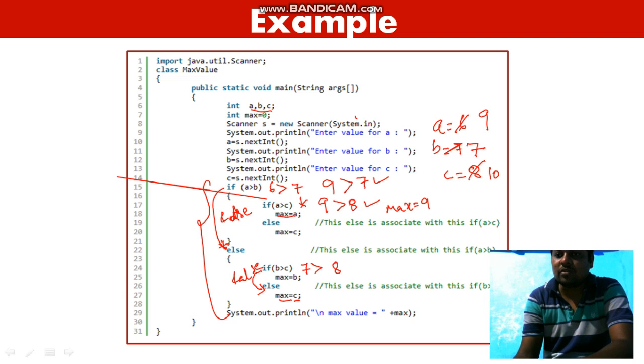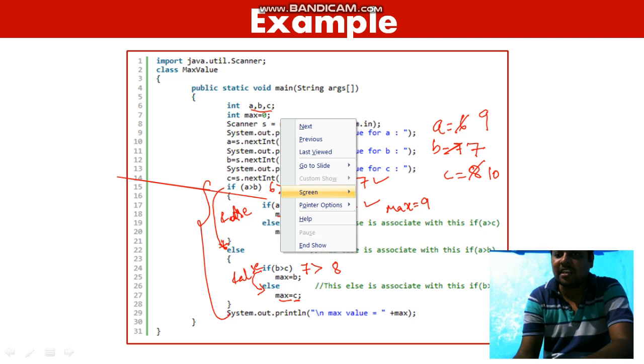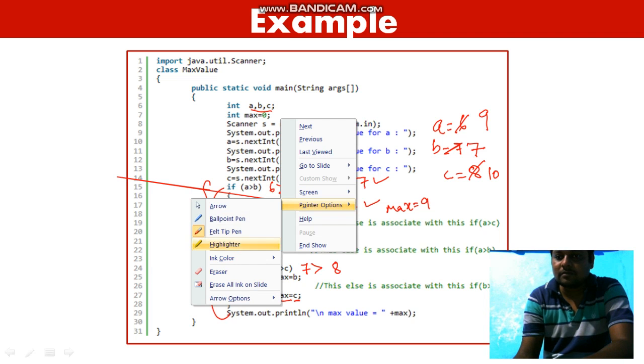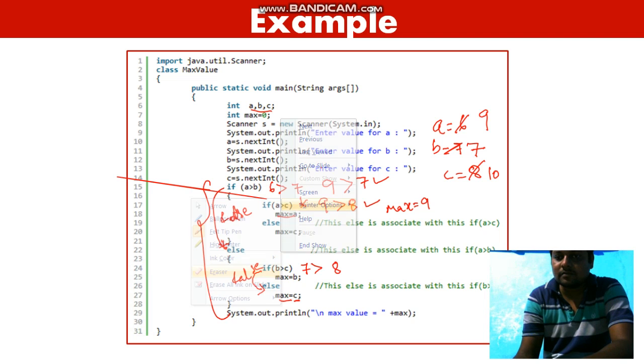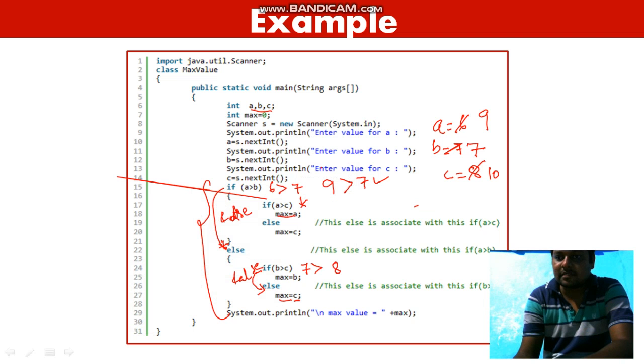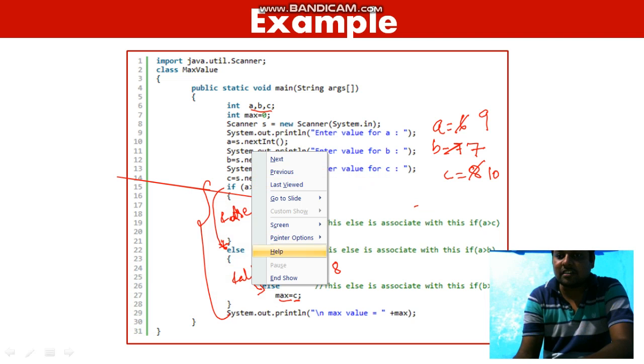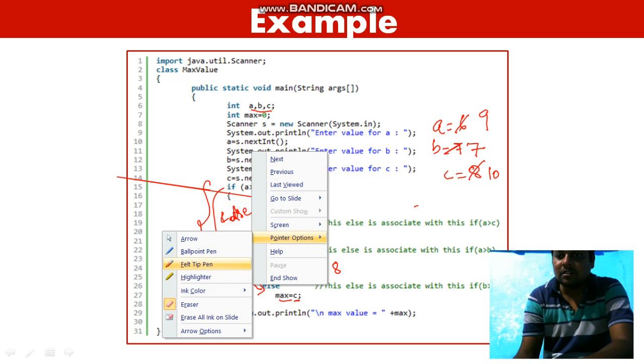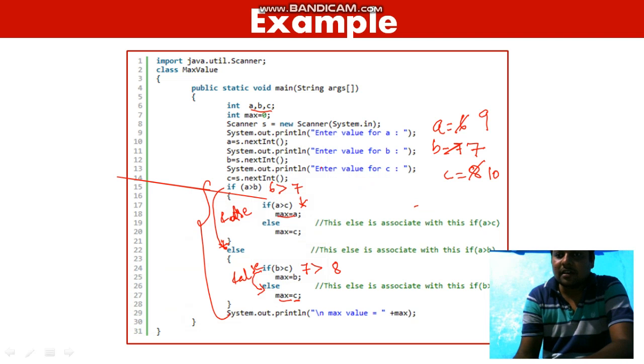Wait children, wait students, one minute, I will erase these values. Now we check when the c value is 10, what will happen.